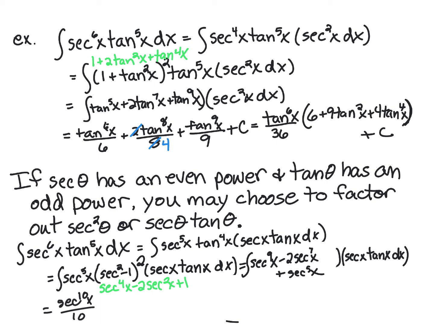The next term is going to be minus 2 secant to the 8 over 8. I can cancel the 2 with the 8 and get minus secant to the 8th over 4. Then I'm going to have plus secant to the 6th over 6 plus c. Common denominator will be